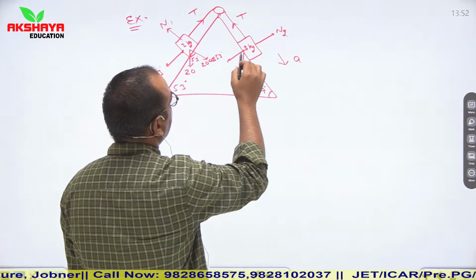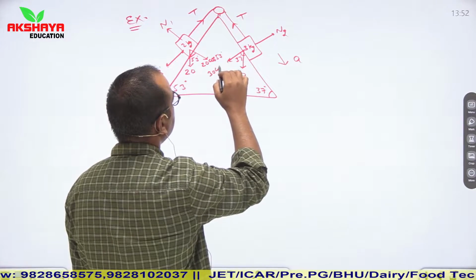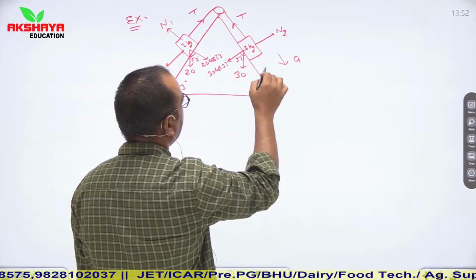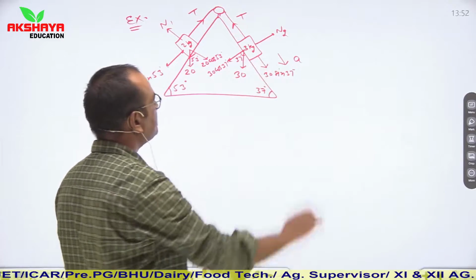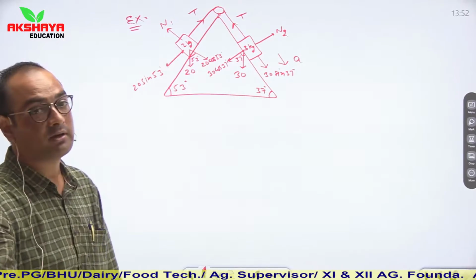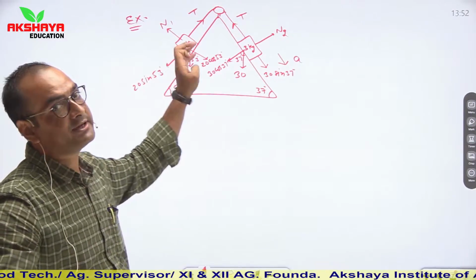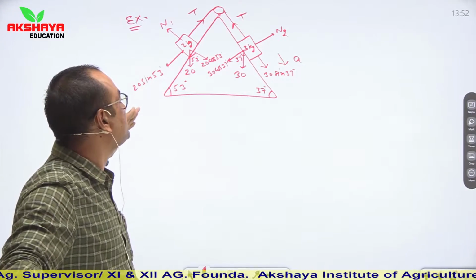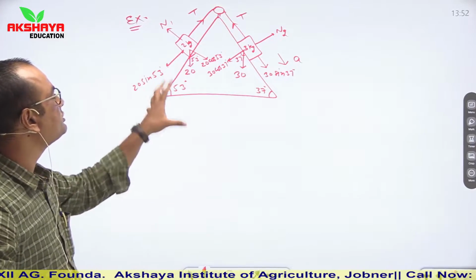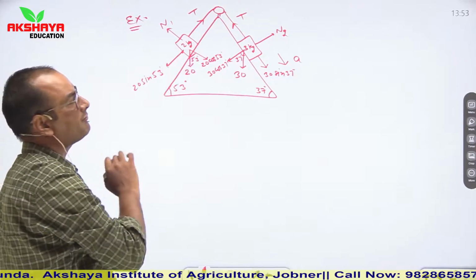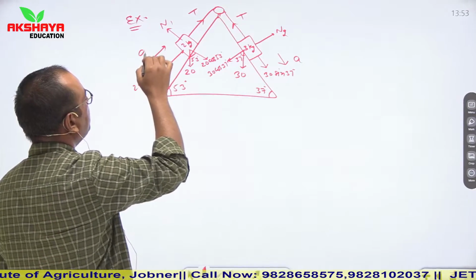Now see, this angle is 37 degree. So it is 30 cos 37 degree and this is 30 sin 37 degree. So this is the simple FBD of blocks of 2 kg and 3 kg mass. Now see, we have to calculate tension and acceleration. This object is accelerating along the surface, so we will use simply components of force along the surface. So see, if this is accelerating downward direction, then it is also accelerating in upward direction.